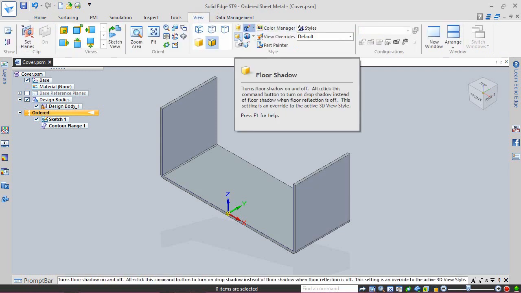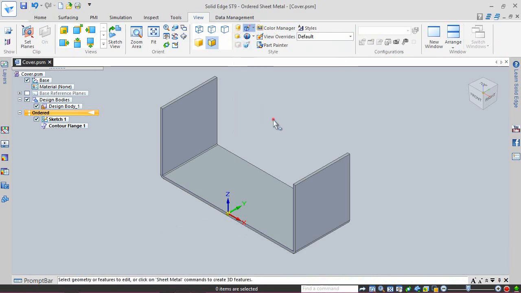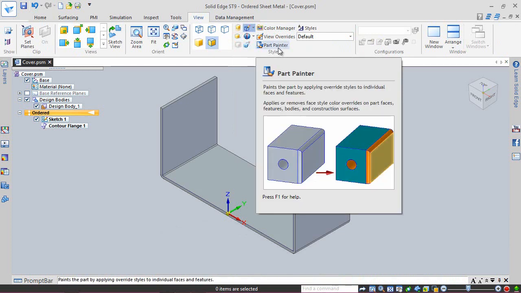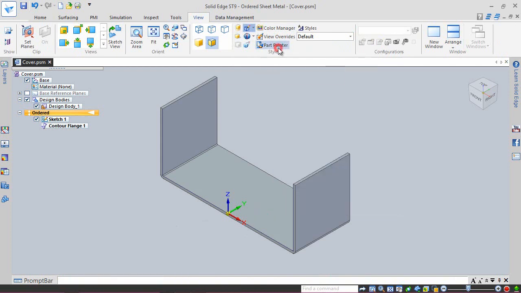Turn off the floor shadow. Change the color of the model according to your wish using the part painter.